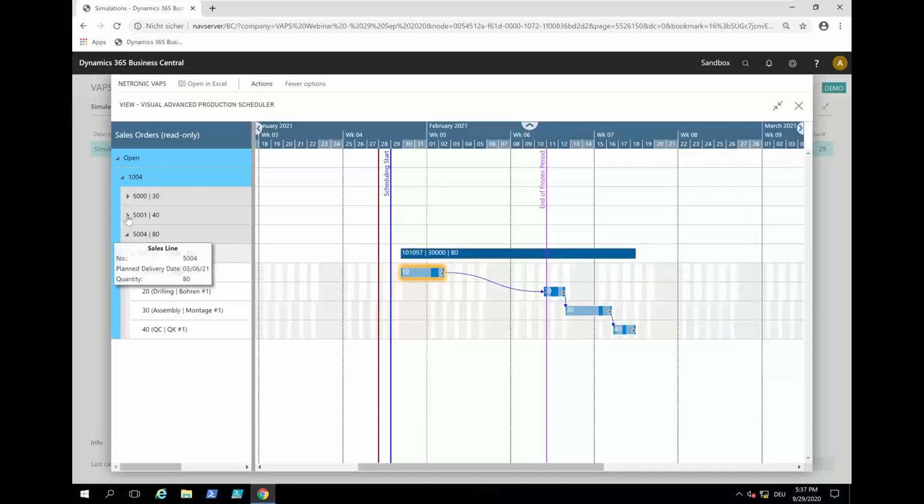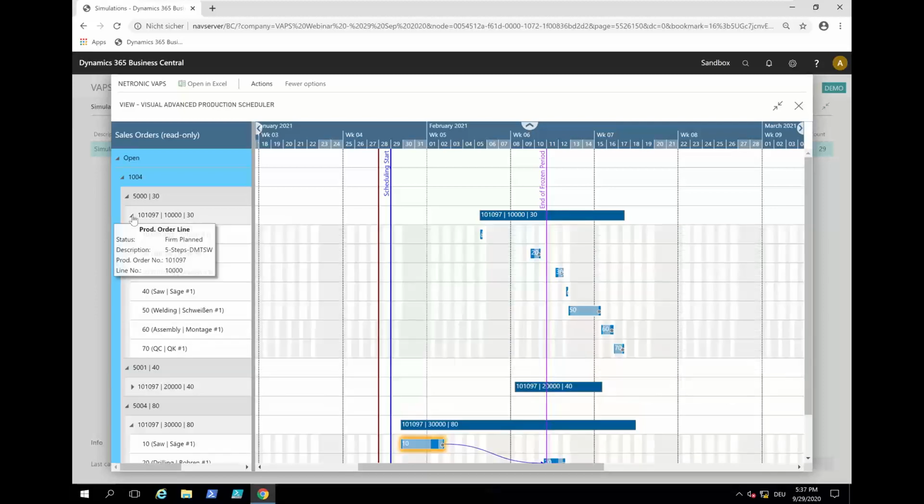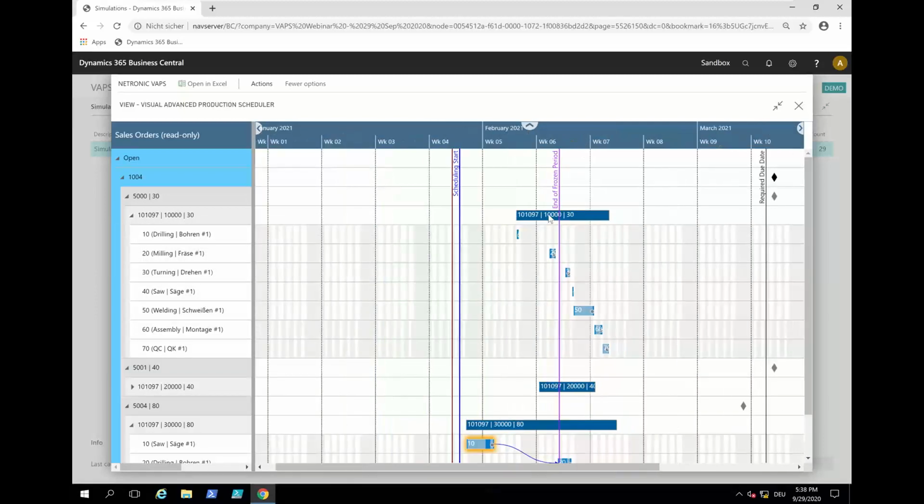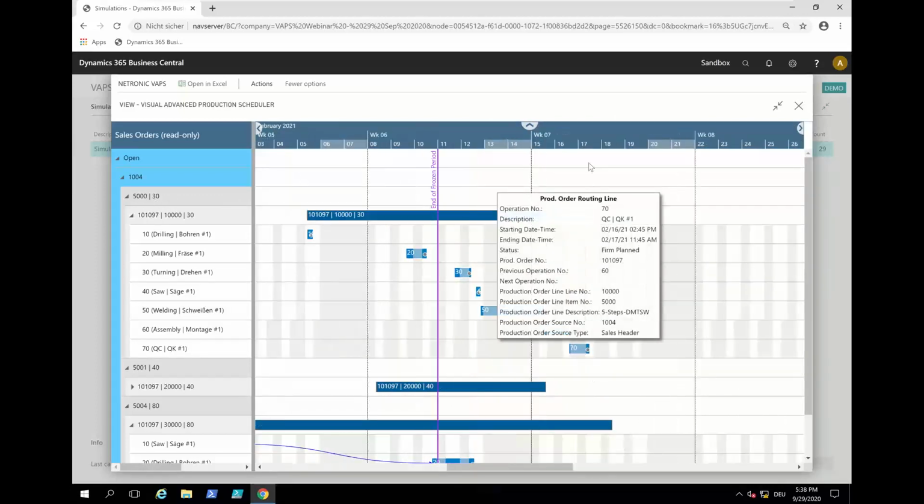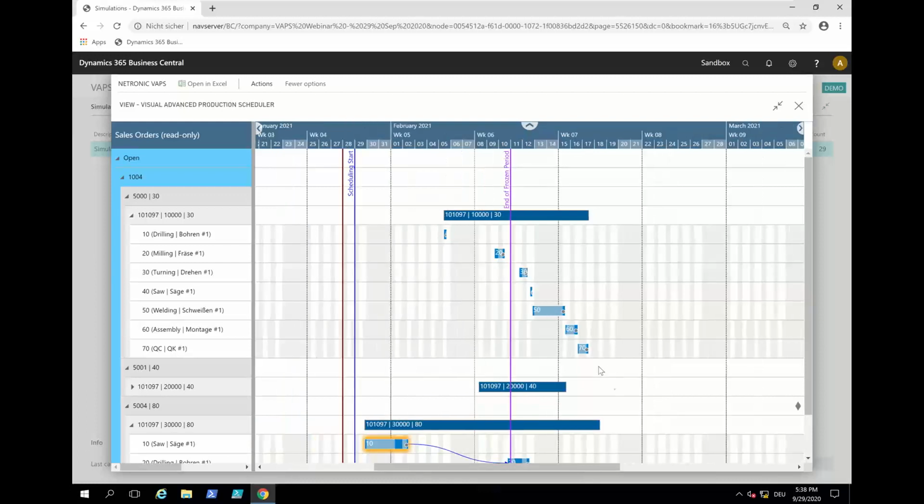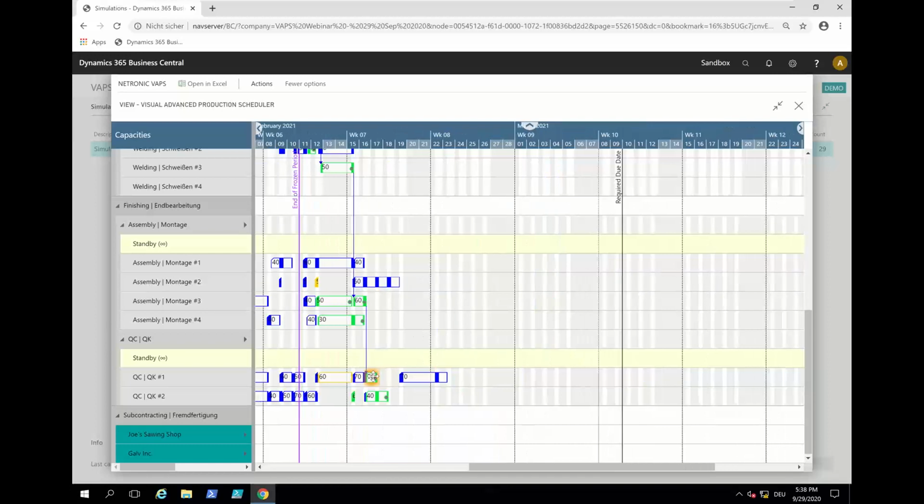And then I can drill down and actually see when the respective production order is scheduled to happen. So I can tell the customer, okay, this item 5,000 will be delivered on, or could be ready on, the 17th of February. And so now I also go back into the capacity view,